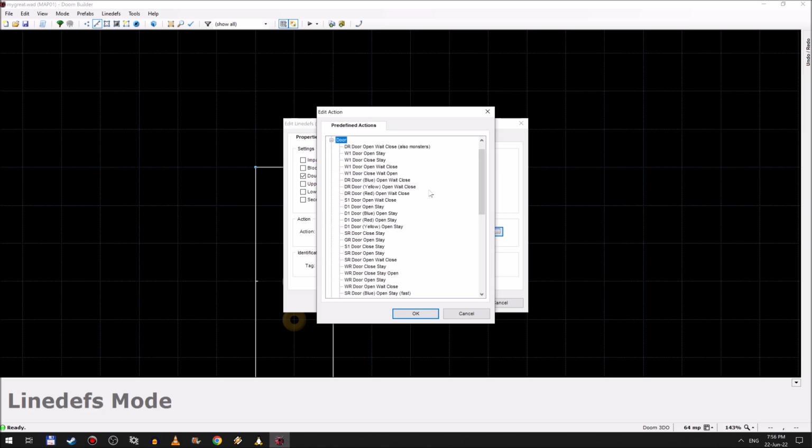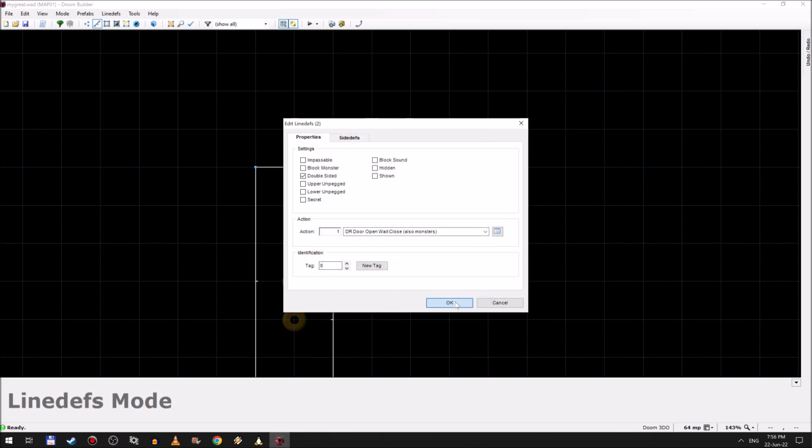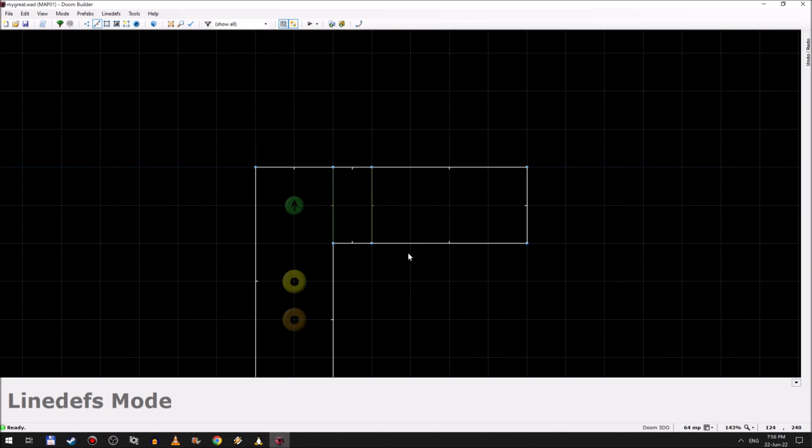Actions, door. There are many actions. Oh, I see. I don't remember that there were fast actions in Classic Doom, but maybe there are. Okay, maybe they are added extra, or maybe I added them. You need DR. This doesn't need a tag, but if you do other stuff, you need a tag. Anyway,